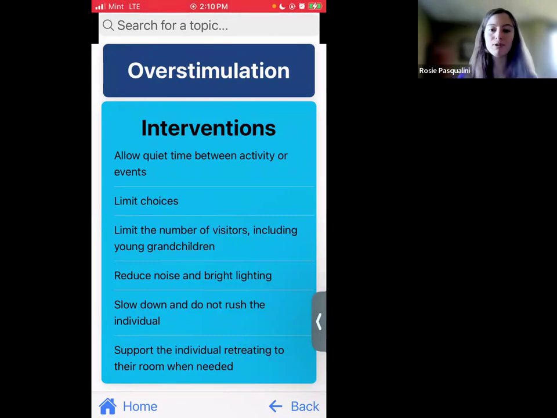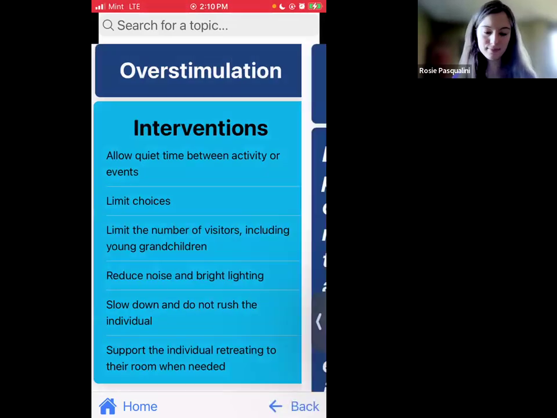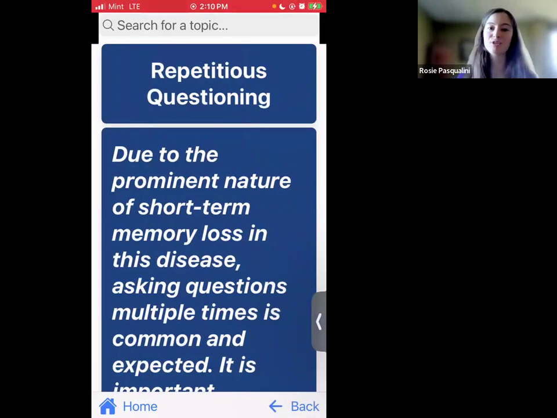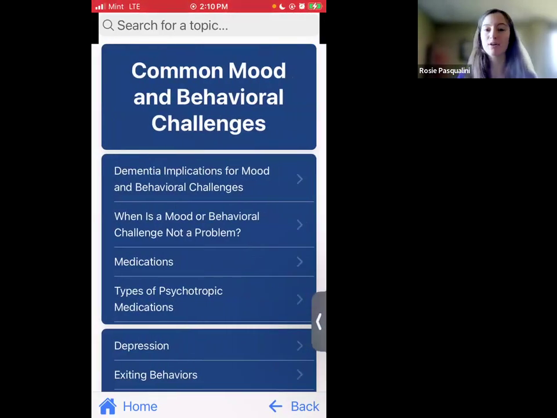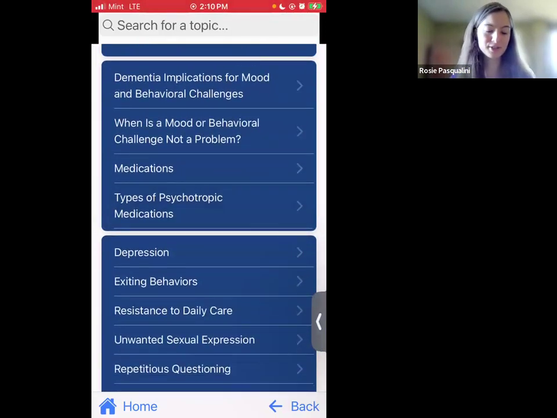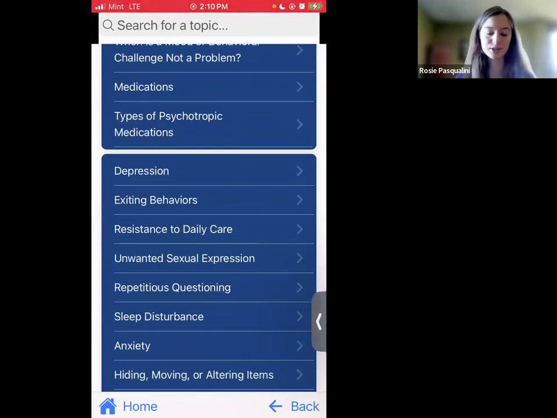And as I said before, I can navigate using that back button in the lower right-hand corner. So now we're back to repetitious questioning. And then if I hit back again, we are back here at our mood and behavioral challenges. Another interesting thing to note is if I return to repetitious questioning,